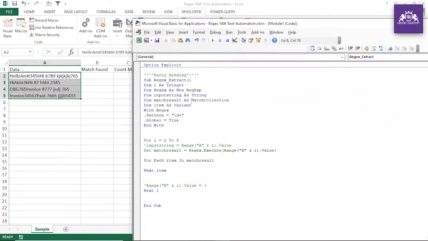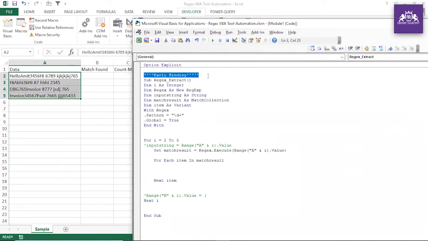Since match result is a MatchCollection, the loop is happening for each item. Now you can shift this by pressing Tab so that it looks nice. You have to be very careful. Code can easily be written, but you have to write it in a smart way.